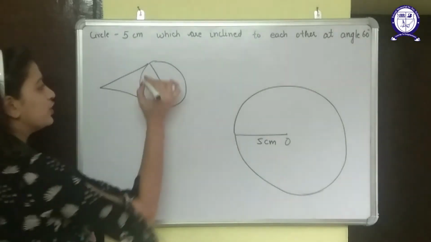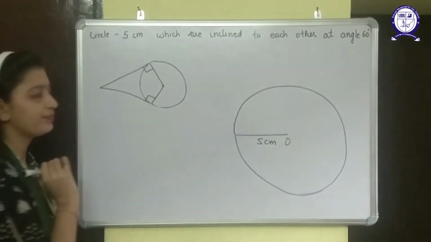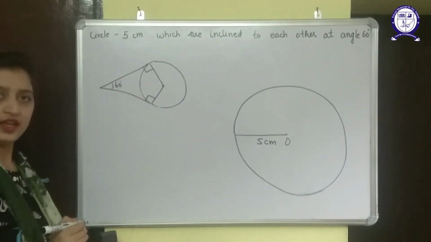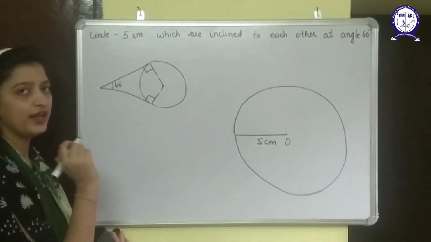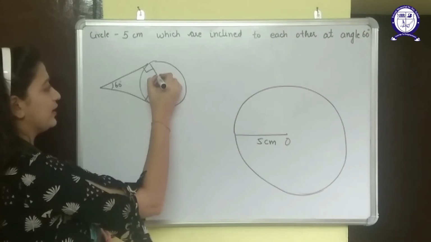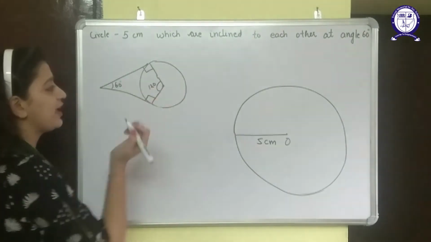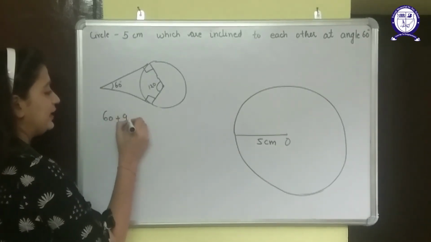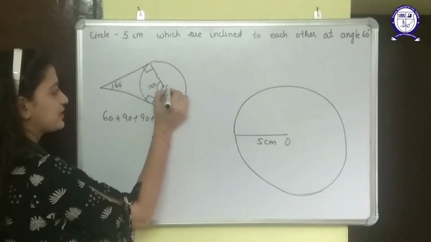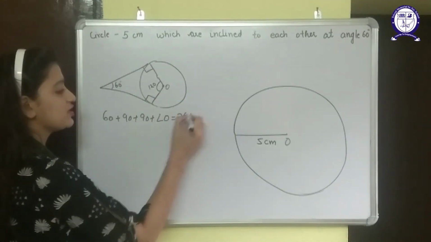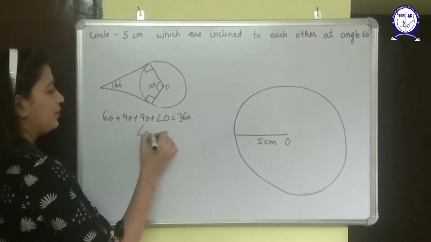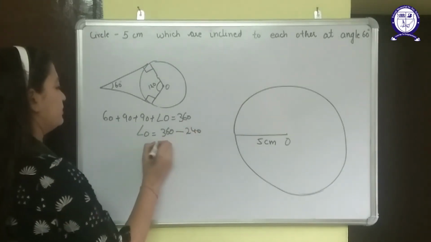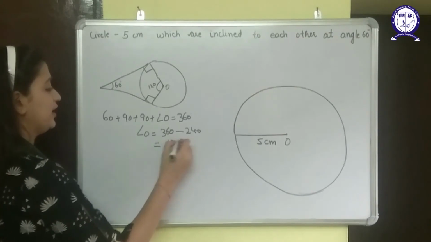Now, what we used to do, these two angles will be 90 degrees. Okay, in this question it is given that this should be 60 degrees, right? So how many degrees should this angle be? It should be 120 degrees. Why? You have done many questions like this. All the angles should sum to 360. That is 60 plus 90 plus 90 plus, suppose this is angle O, equals 360, because this is a quadrilateral. So angle O will be 360 minus 180, that is 240... So this is 120 degrees.